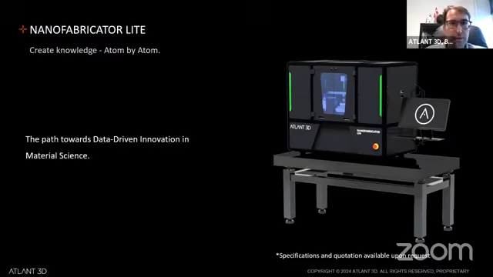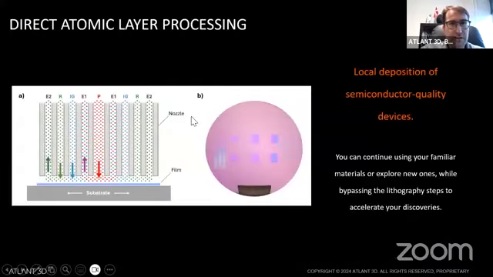So essentially what we commercialize is our tool, Nanofabricator Lite. It's a magnificent tool essentially to do data-driven innovation for material science. But anyway, it's essentially based on direct atomic layer processing. For the people that are not super familiar with processes in the semiconductor industry, it's based on a technology named atomic layer deposition, which is essentially cycling different chemical compounds on the substrate that allows you to build layer